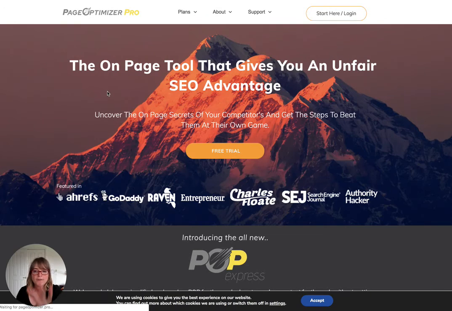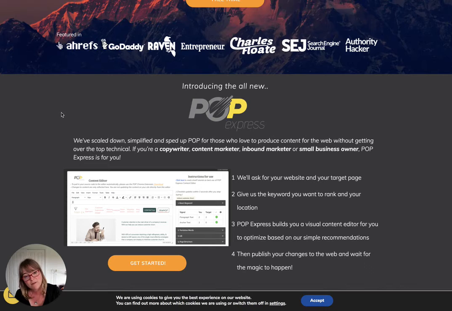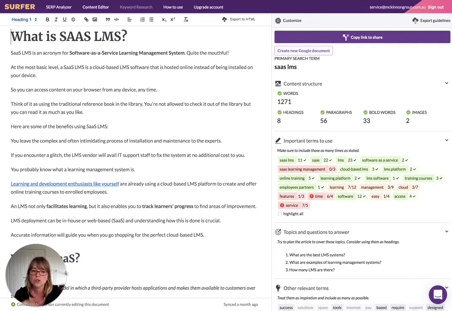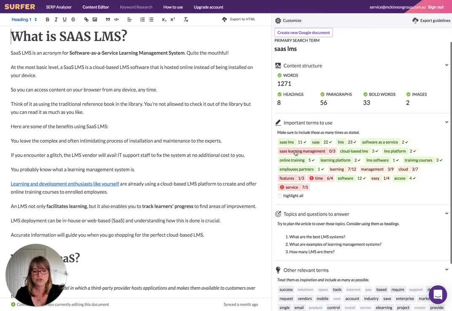The interface of this one is a little bit more complex than Surfer SEO. So we've used Surfer SEO instead, but one of my friends, Rob, uses this, and another friend uses Surfer SEO, and we use Surfer SEO. So in our case, this is just an article that we put into Surfer SEO, and you can just see that it says the top ranked articles use these terms.